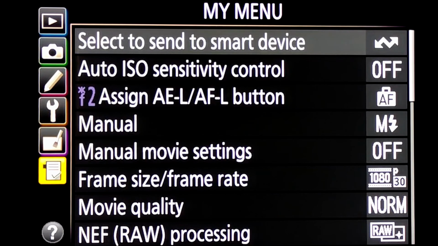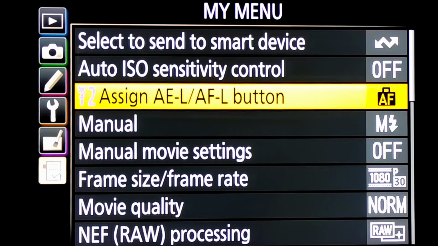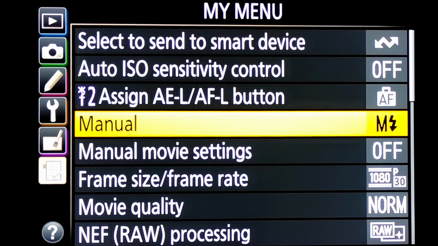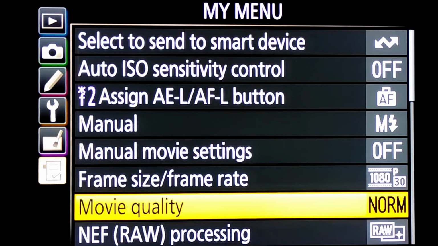And lastly, we see the most important, that is My Menu. Within My Menu, various items are visible here. You can see these are random items, maybe movie setting, frame size, frame rate, movie quality.